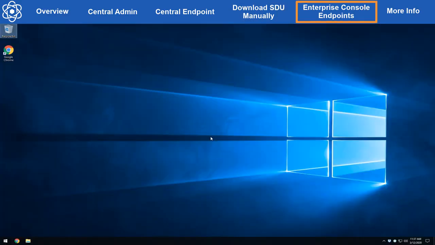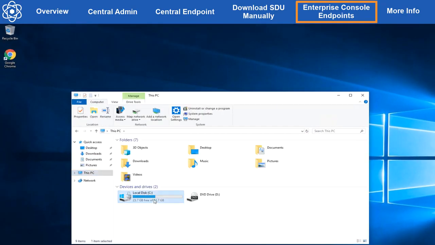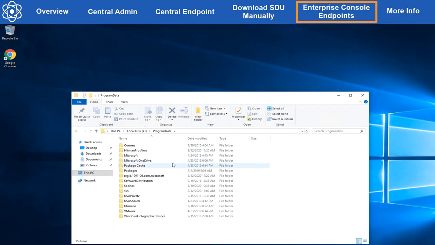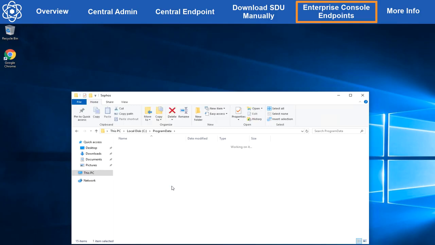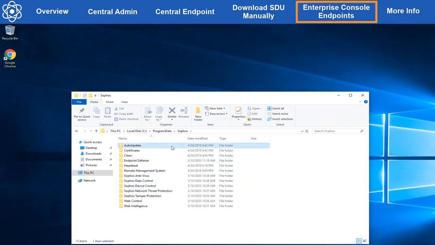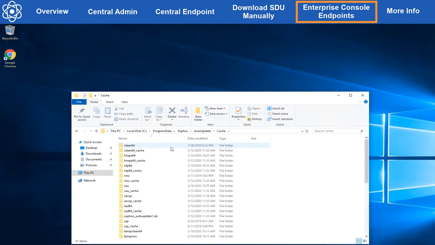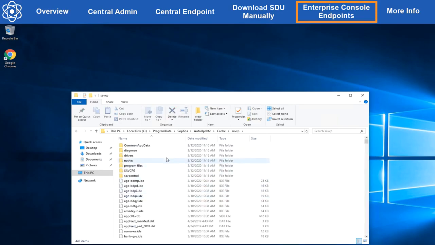So if you're running Endpoint managed by the Enterprise Console, the easiest way to run the SDU is from the Auto Update cache. First, we'll navigate to C, Program Data, Sophos, Auto Update, Cache, SavXP, and Diagnose. Now there's a file inside of the Diagnose folder called the SDU-GUI.exe, and we're going to need to run that,